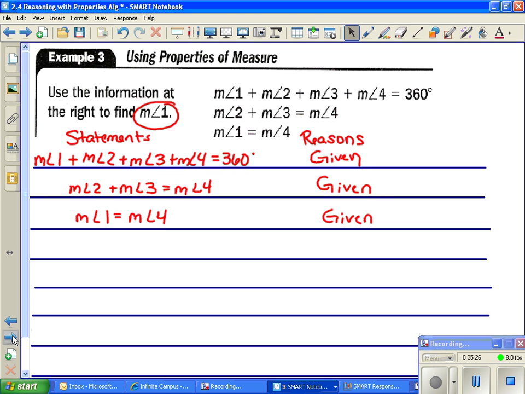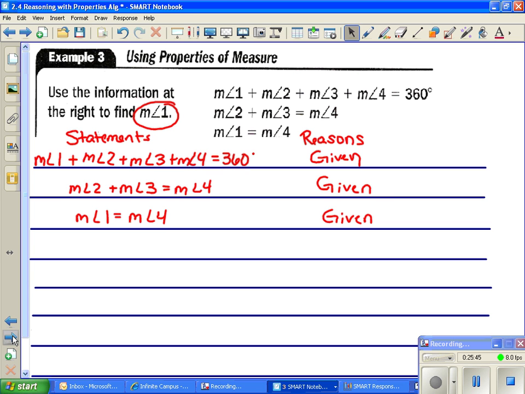Okay, but they're not all equal. I can't divide 360 by 4 because they're not all equal. So I've got 4 different variables. How can I break it down so I only end up with 1 variable? Well,